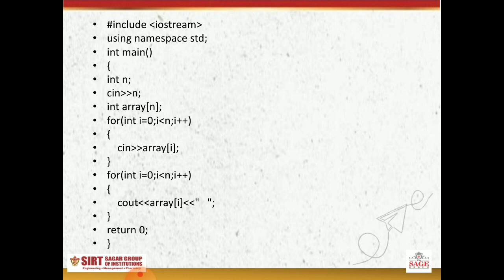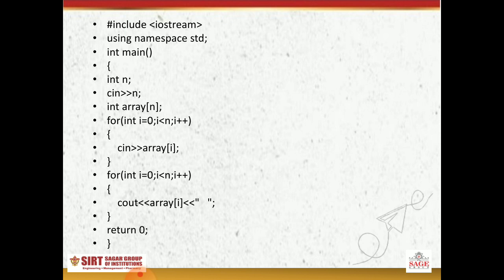In this we use variable i for data input, scanf into array[i]. In case of array, for data input we use a for loop. For data output print, we also use a loop. That's why we use two loops in this program. First one for the input and second one for the output of array.